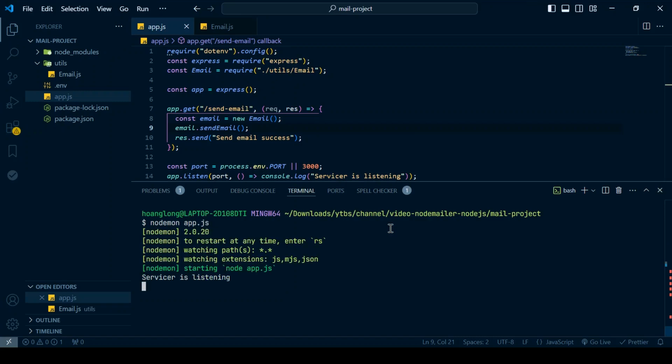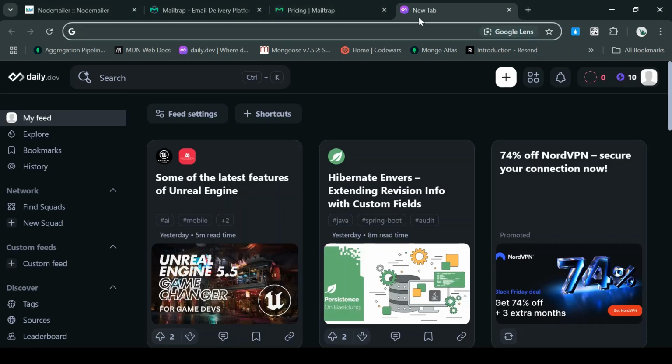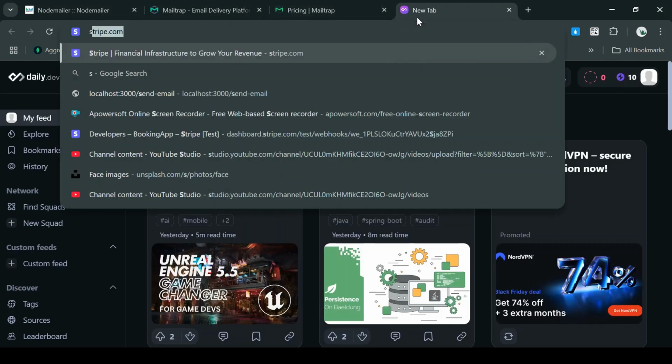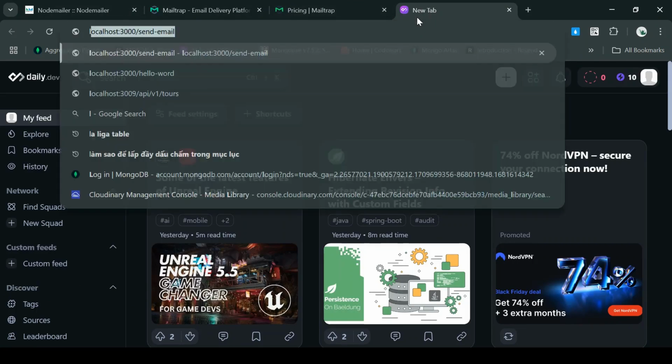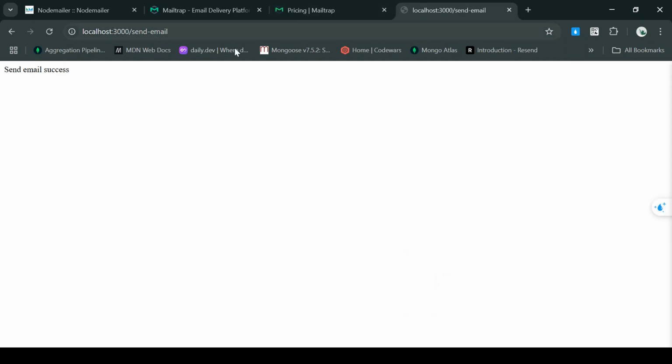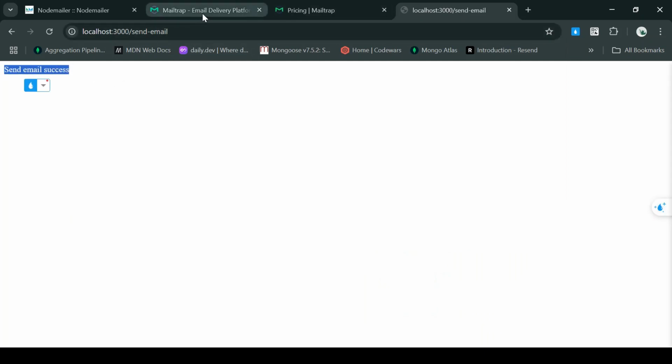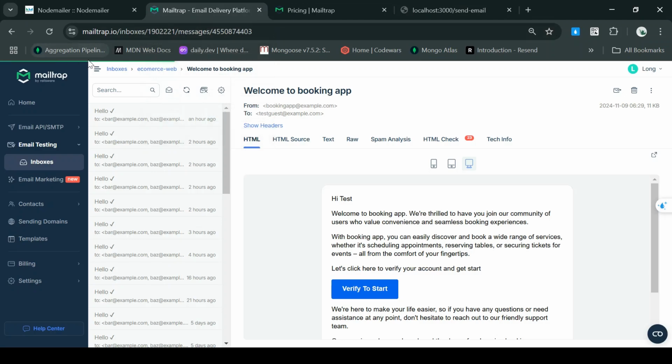Yes. And now let's go to our Chrome and send the request to our server. And now we sent the email, right? Let's go to our Mailtrap to see whether we have the email or not. Okay, now we get the email, right?